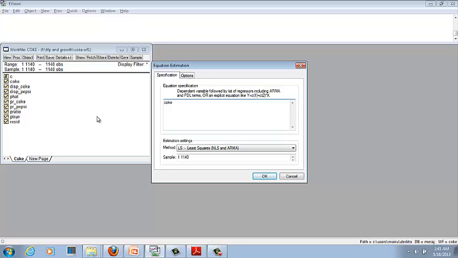Dependent variable, then intercept, then the independent variables, display Coke, then display Pepsi, and just press OK.